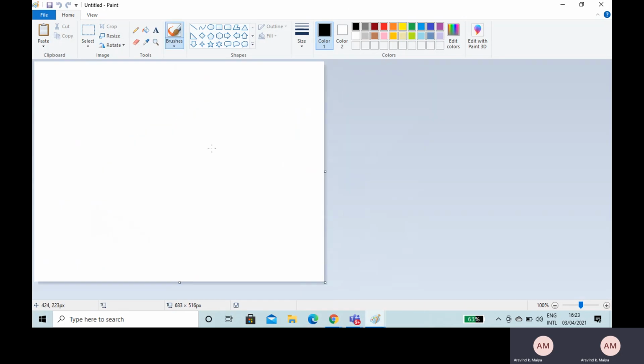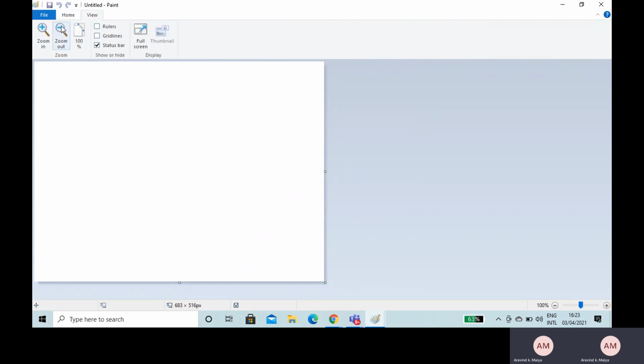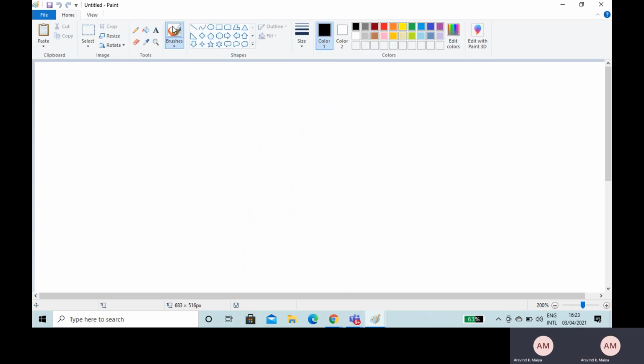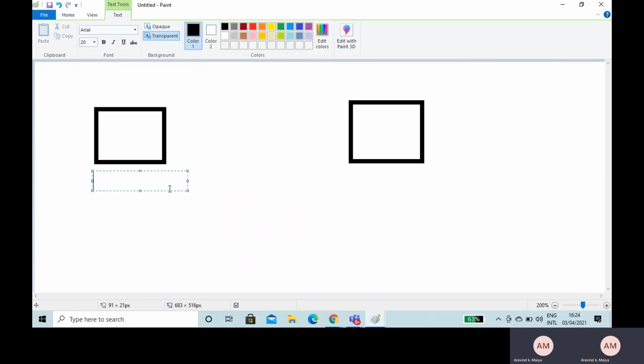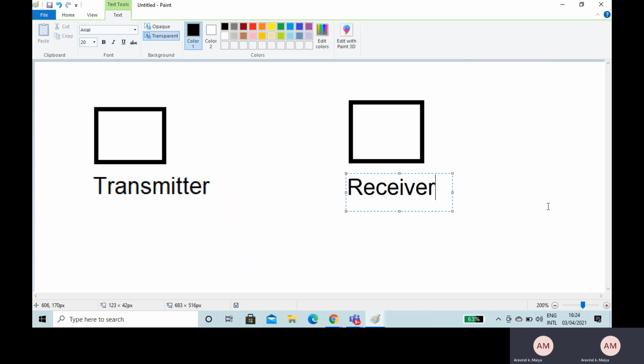If you observe this diagram very carefully, I will take two XBee modules. One XBee module we will make as the transmitter, and the other XBee module we will make as the receiver.